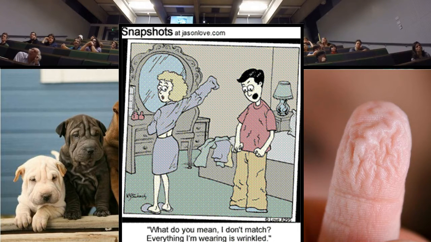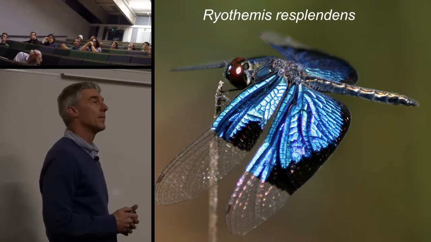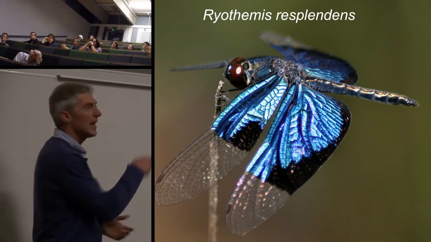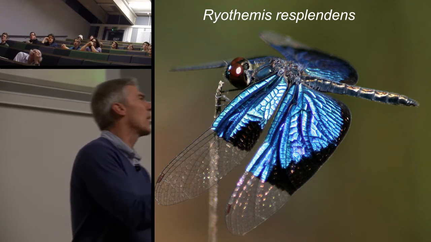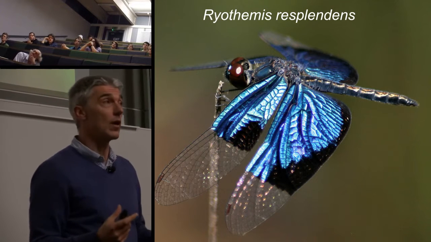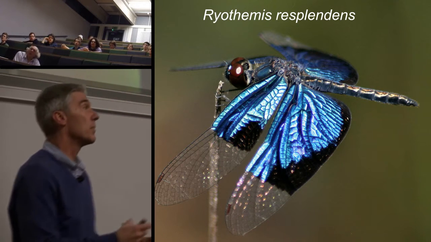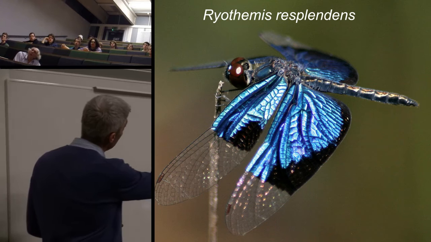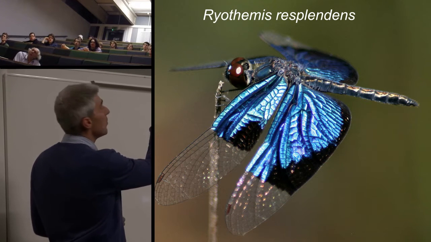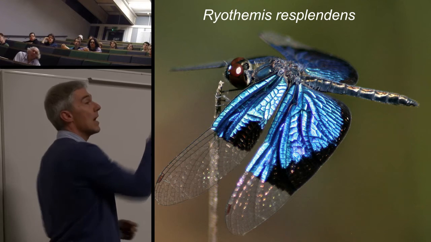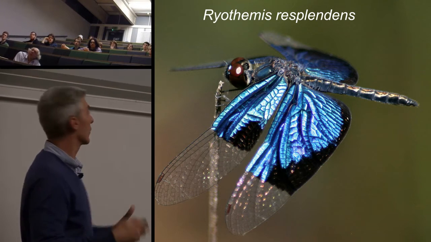So we studied this dragonfly, and it's a beautiful piece, really nice. It's Rhyothemis. The colour here, you can see just by looking at the surface, is a structural colour. We give it that title, structural, because it's not a pigment-based colour. This is black here, this is transparent. So this has no pigment whatsoever. That has a lot of melanin. This has some melanin and a lot of periodic structure.